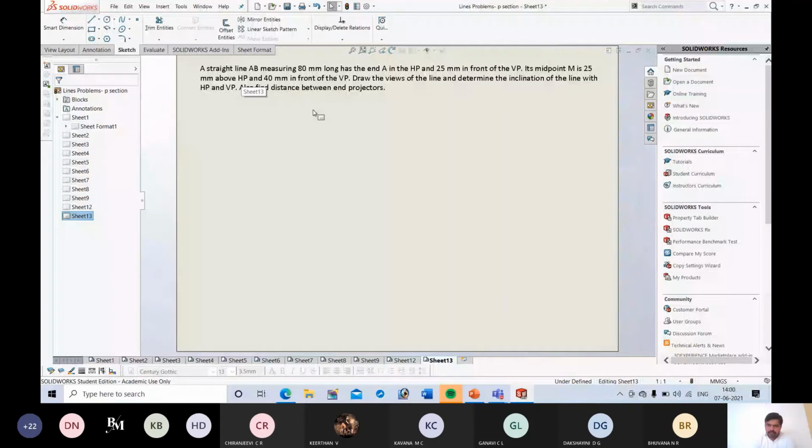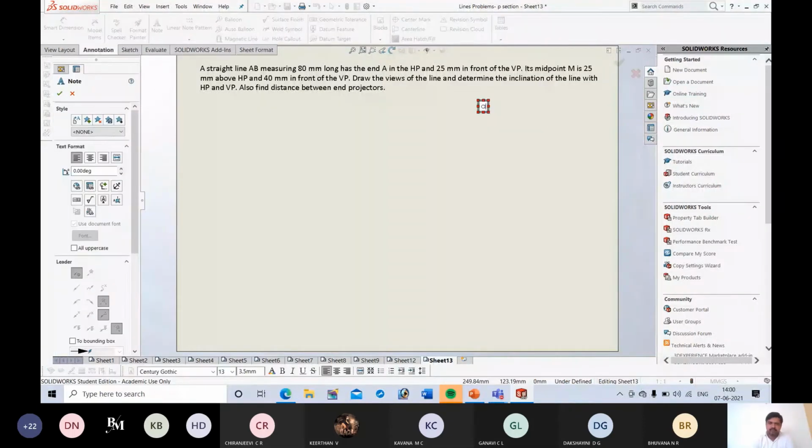Or so in midpoint we can consider it as A1 dash B1 dash. Okay, in midpoint, it is the true length. So A1 dash B1 dash for midpoint. Okay, next, A1 B2. These are the true length lines. So it is 80.